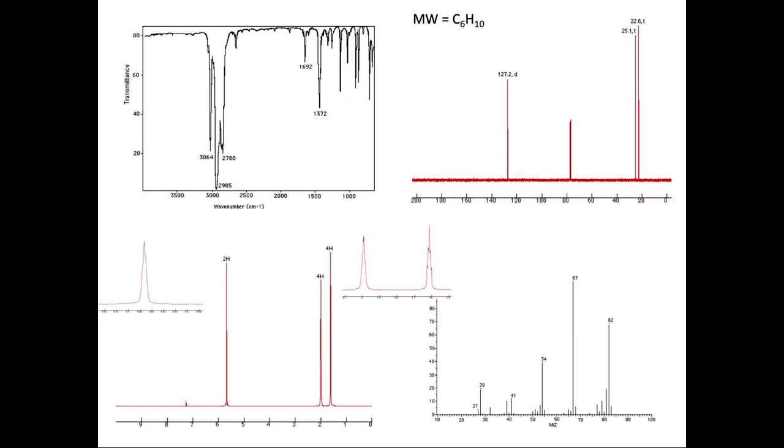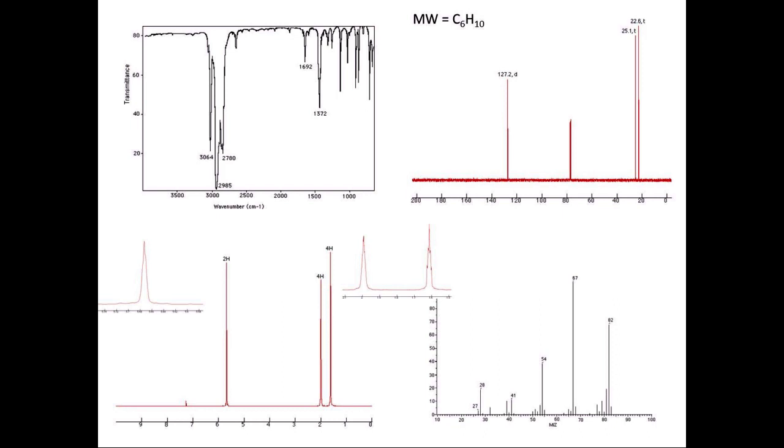Okay, so in order to figure out what the molecular structure is, the first thing that we're going to do is figure out the degrees of unsaturation. When we talk about the degrees of unsaturation, we have to talk about the saturated molecule. The saturated molecule is going to have a molecular formula of CnH2n+2. So if you know you have 6 carbons, N becomes 6, and so in this particular case,